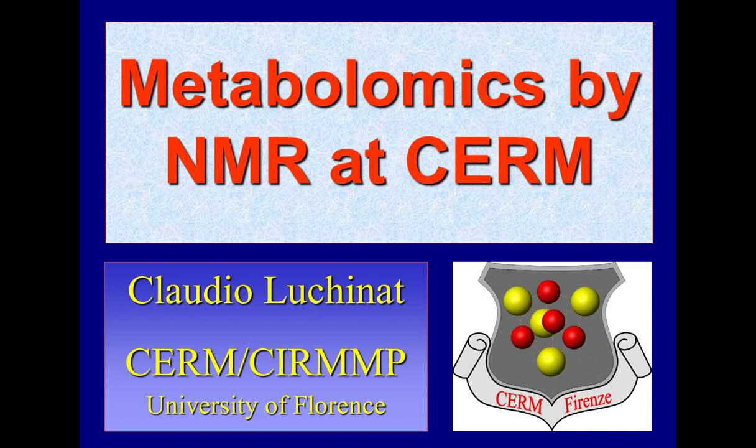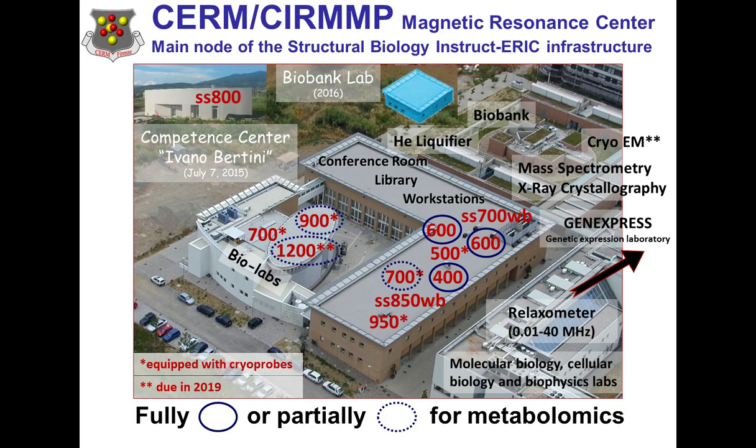I thought I should say who I am, so you already said that, and I would like to show the place where I'm working, and this is the Magnetic Resonance Center of the University of Florence. You see the numbers are the instruments, the various NMR instruments with their frequency in megahertz or field. The ones that are circled are the ones that are used for metabolomics. In particular, one of the 600 megahertz is an IVDR system, and so we are standardized in the sense that Manfred was telling a few minutes ago.